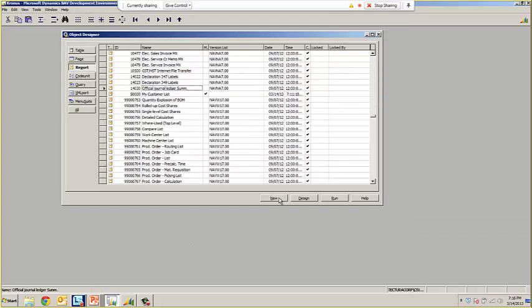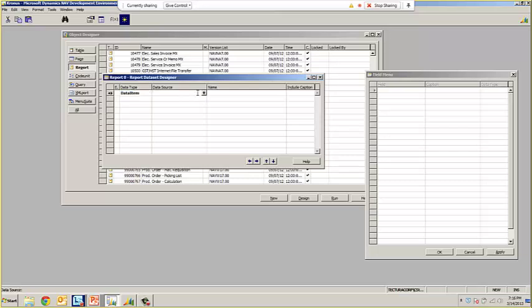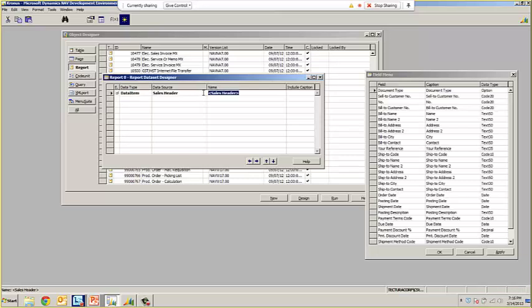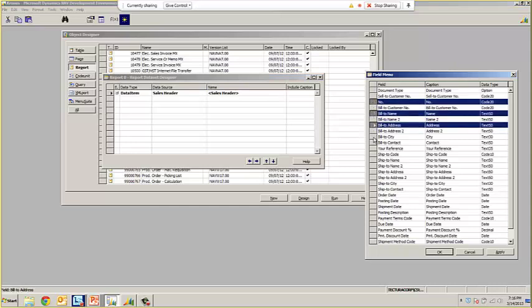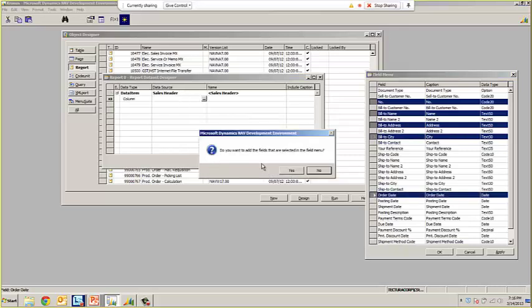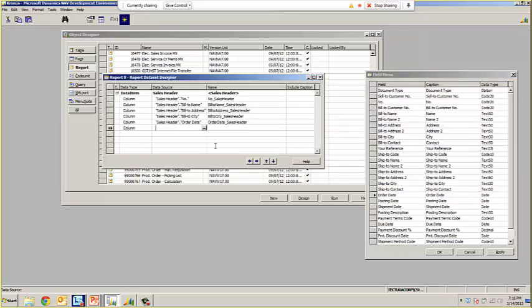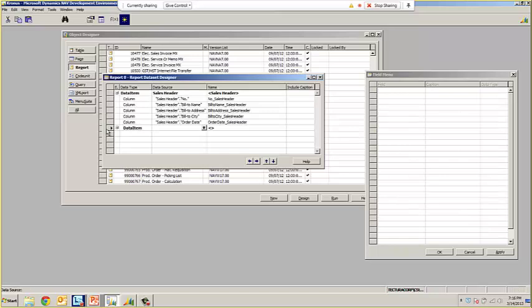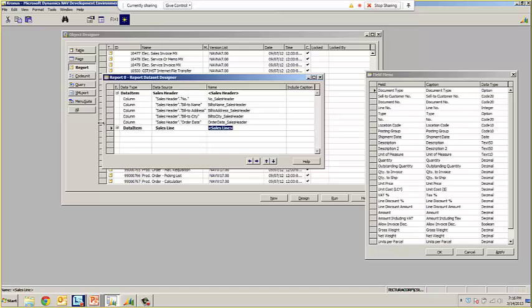We're going to create a new report, this time with sales header and sales line. I'm going to have the document number, name, address, city, and order date for the header information. And I'm going to add a subsidiary data item of sales line,